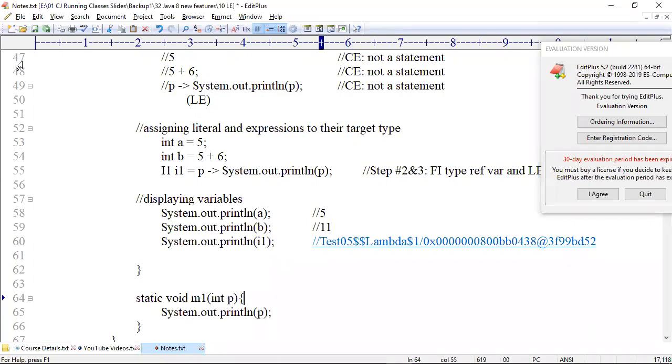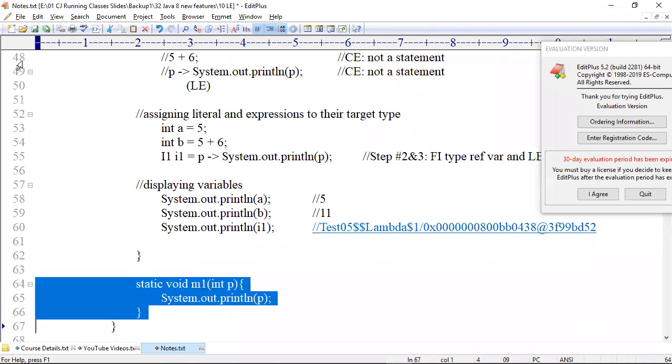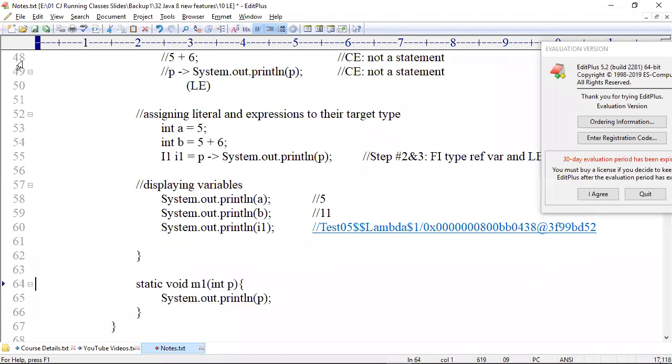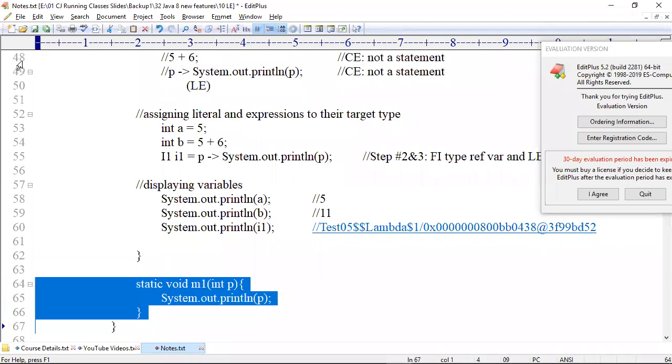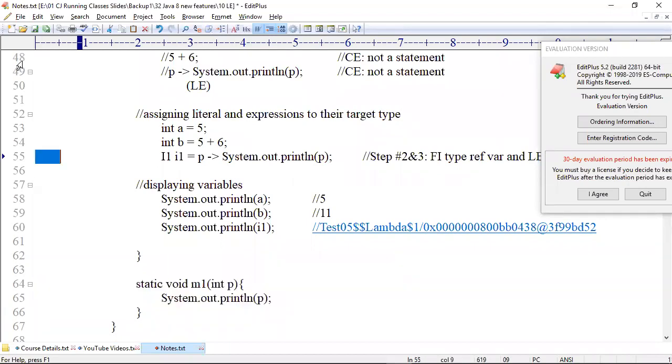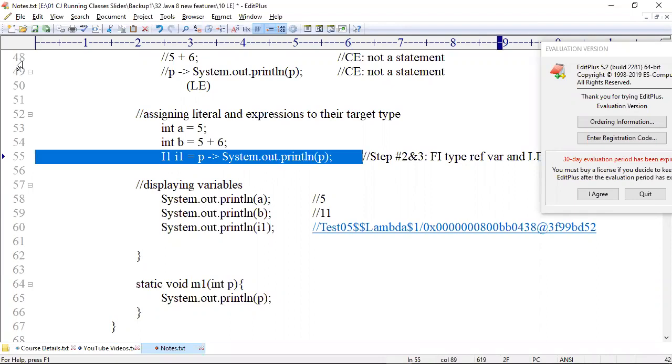Tell me, is it automatically executed? It is the definition of the method. You just define a method. When you define a method, it is not executed. You have to invoke it.